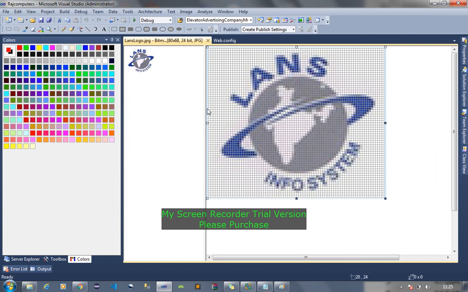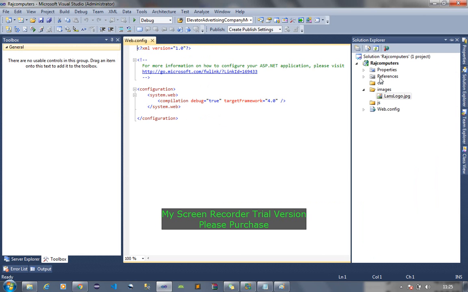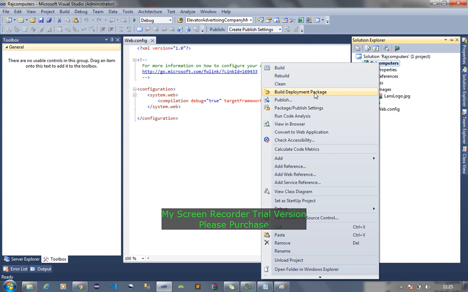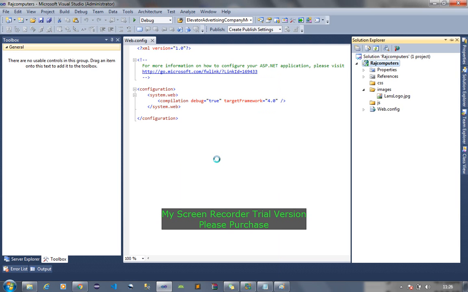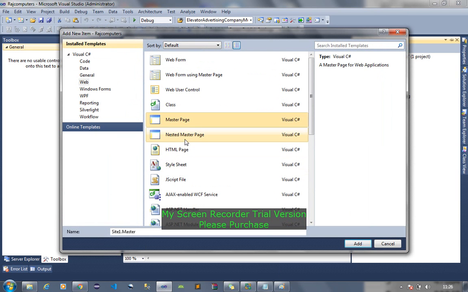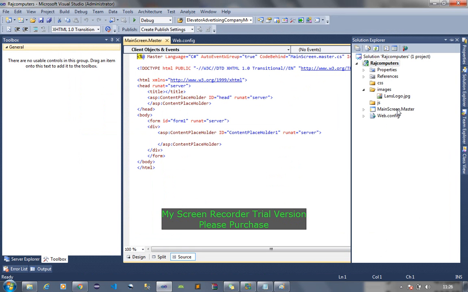Okay, fine. Second part. Now, if I want to add a page, I will not be adding my page first. I will be adding my master page first. So what is that? I go here, choose File, New, then New Item. Inside New Item, we choose Master Page. All master pages have the extension .master. So this is my first master page, and I will name it Main, M-A-I-N, the main screen master page. When you say add, the master page is created.